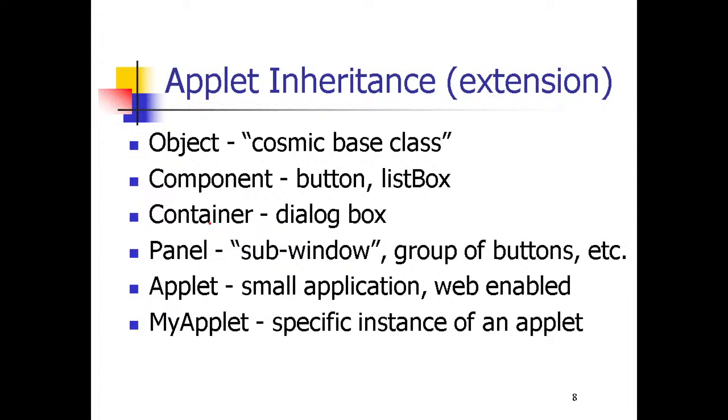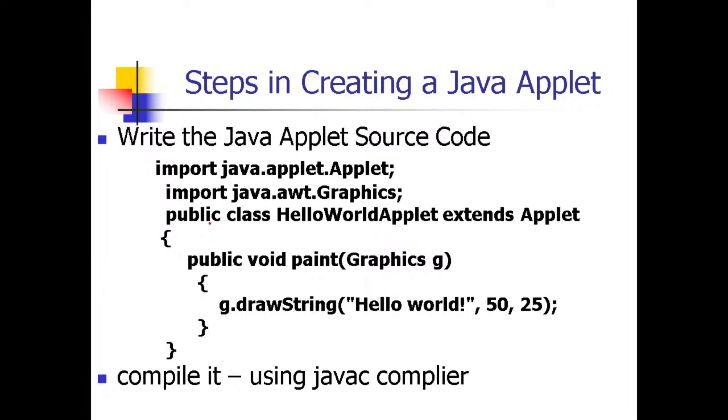और माई एपलेट हमारी अपनी यूजर डिफाइंड एपलेट की क्लास होती है, जो कि सारे के सारे एपलेट के पैरामीटर्स को इनहेरिट करती है फ्रॉम द एपलेट क्लास। ये एक एग्जाम्पल है जिसके अंदर हमने java.applet और AWT ग्राफिक्स इंपोर्ट किया। AWT फुल फॉर्म होती है एब्स्ट्रैक्ट विंडो टूल किट, जहाँ से हमें ग्राफिक्स नाम की एक क्लास मिलती है जो बेसिकली हमारे पेंट में यूज होती है। पेंट मतलब जो भी हमारे एपलेट का पैनल होगा, कैनवस होगा, उसको पेंट करने के काम आएगा।